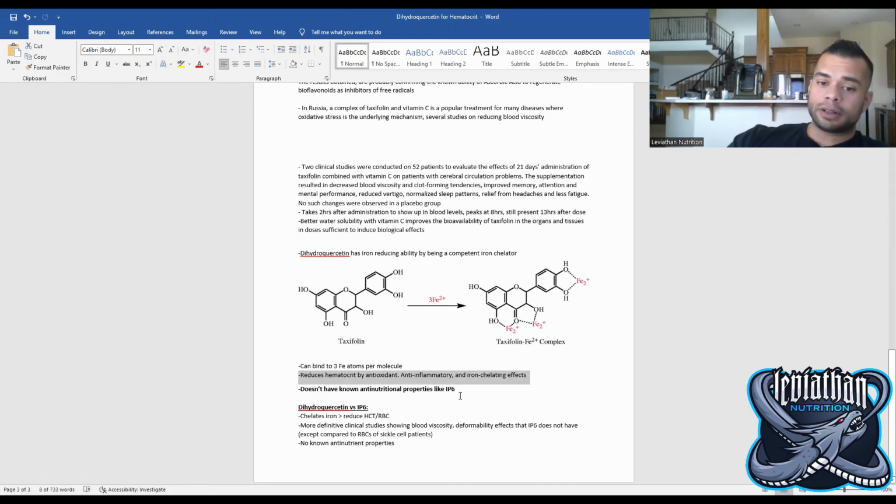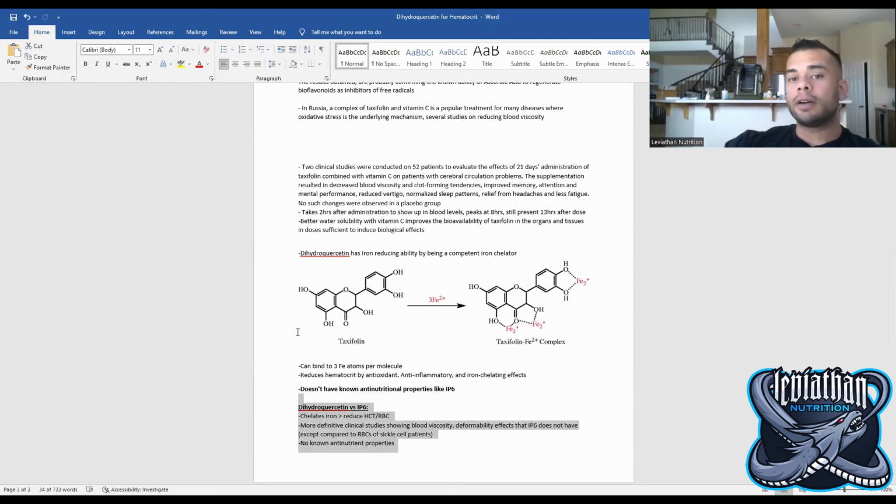And one thing that's important to note about this, when you talk about chelating effects with iron, a lot of people will think of IP6. Now, the difference between this molecule and IP6 is that this molecule does not have those anti-nutritional properties like IP6, but it still functions as an iron chelator. So we can compare and say dihydroquercetin is superior versus IP6 when it comes to reducing hematocrit and blood viscosity